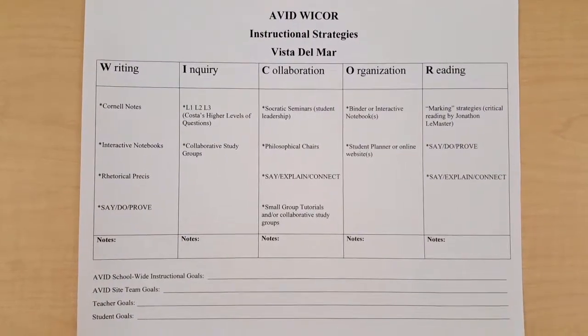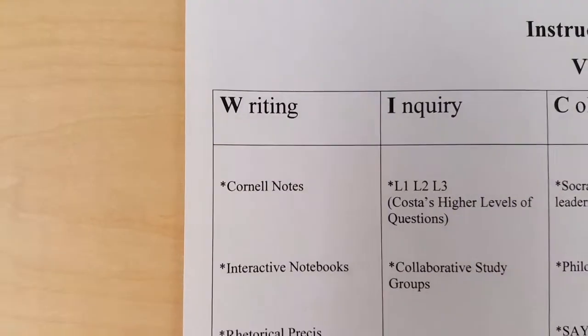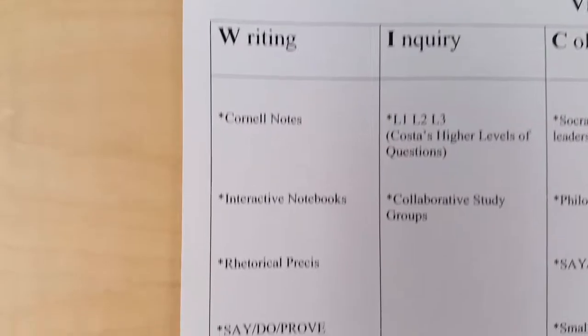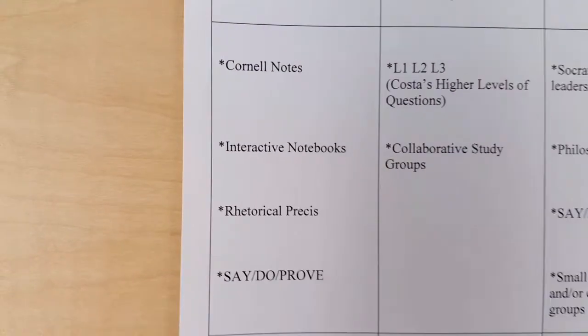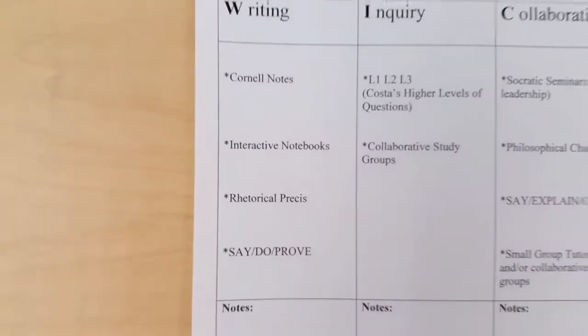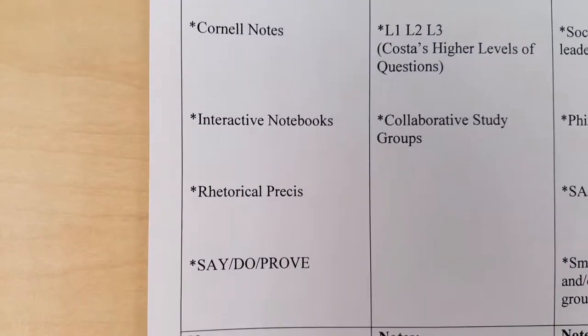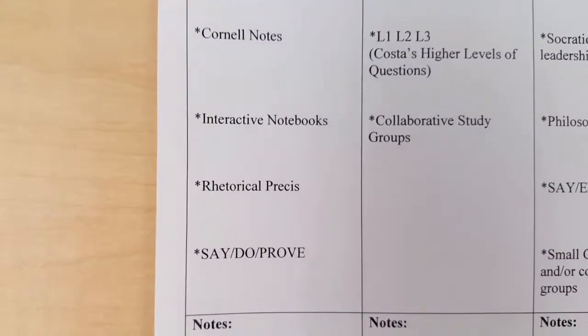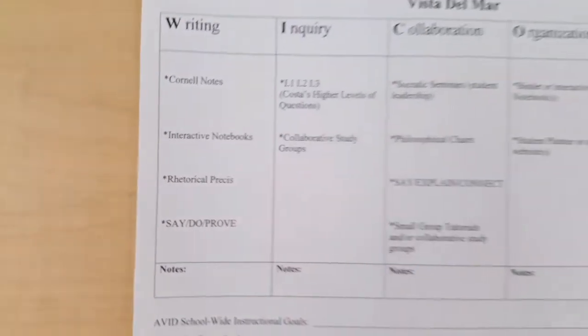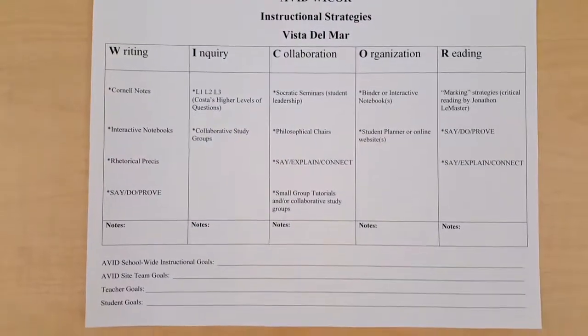AVID instructional strategies fast. For instance, for writing, some key components are students taking Cornell notes, or instead are they doing interactive notebooks? And from trainings with Jonathan LeMaster in critical reading and writing, how are students summarizing an argument, also known as a rhetorical précis? And then say-do proofs. And if you go down the line, I'm just going to paraphrase some of the other